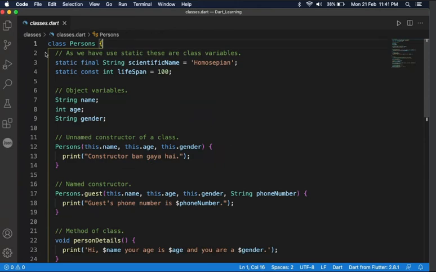So to write a class, we first have to write the class keyword, starting from small c-l-a-s-s, and after it comes the name of the class. Here we have named our class Persons. You can name it anything you want according to your requirement. You can name it student, you can name it